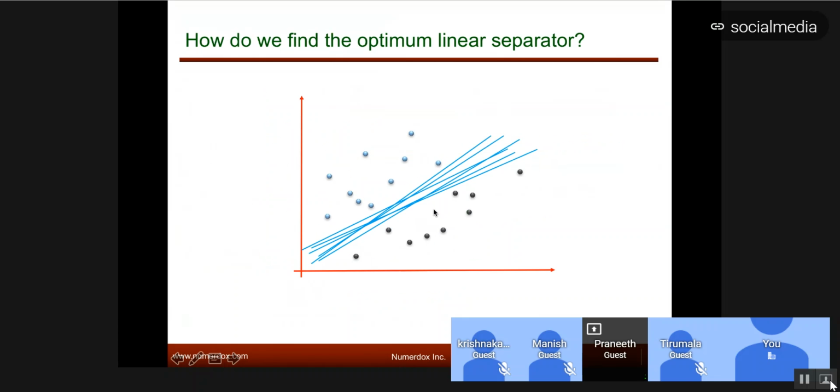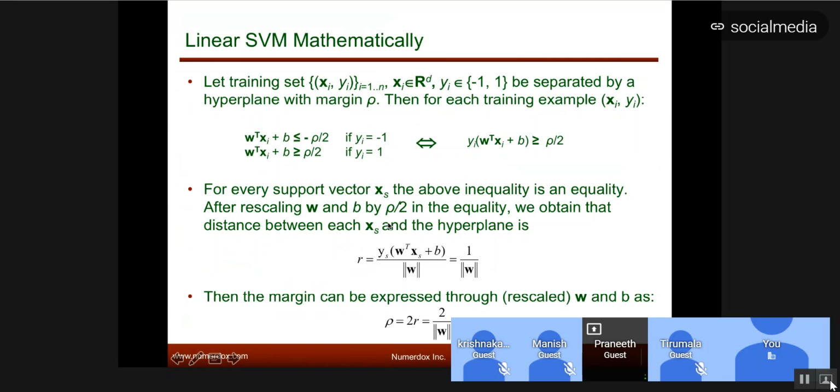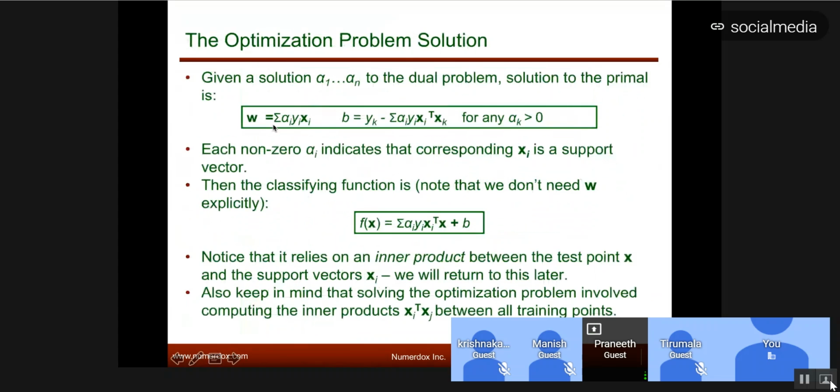There are many kinds of hyperplanes that you can use, but what SVM is formally trying to find is the set of hyperplanes such that the gap between them, known as the margin, is as maximum as possible. So you're trying to maximize your margin so that you have a more clear, distinct separation between the two classes as much as you can generate in terms of the hyperplanes. That is how the problem was formalized, and SVM solves for that. So we're trying to maximize the margin. This is all we covered last week.